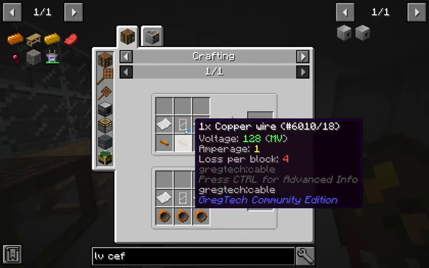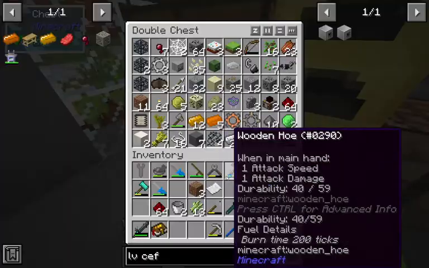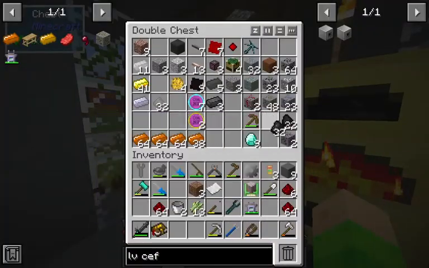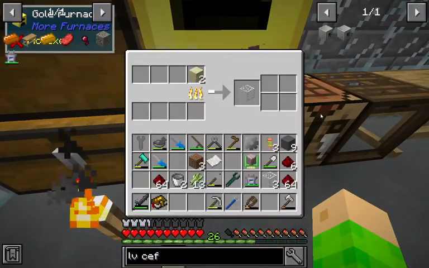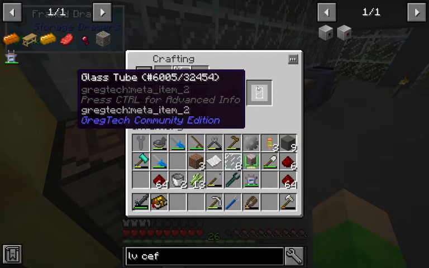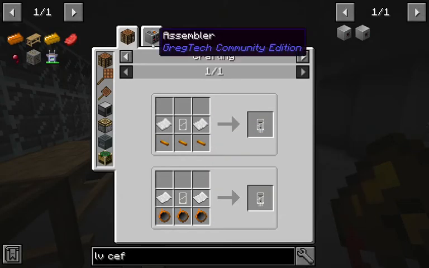I need to make 2 vacuum tubes, so I need glass tubes first. So I need 6 glass. Do I have 6 sand? I have 9, nice. Gonna split it up. And when this is done, nice, we can make glass panes. As you can see, the crafting recipe in the table is changing, and we can make glass tubes from those glass panes. Now we need copper wires